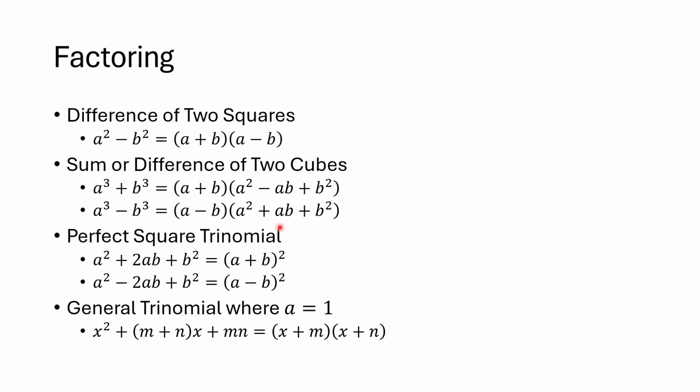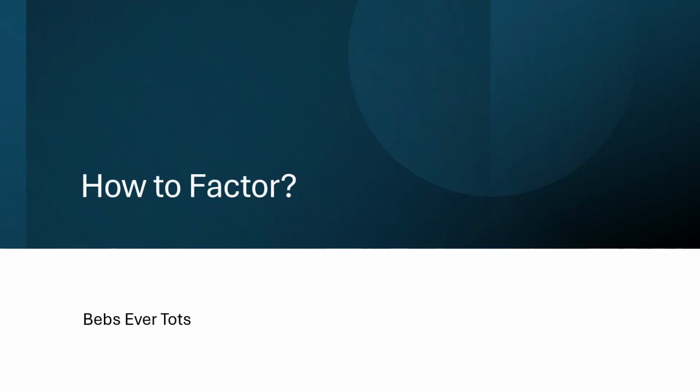Now, for a perfect square trinomial, if you identify that the trinomial is a perfect square, the answer would be a square of a binomial. So, the identifier of whether it is plus or minus is the middle term. For the general trinomial where a is equal to 1, remember that this is the sum and this is the product. The trial and error would work if you're not yet familiar with it. Again, that is how you factor algebraic expressions or polynomials.